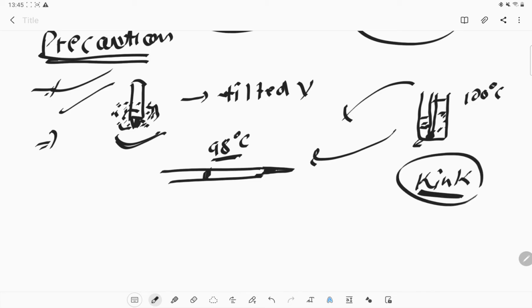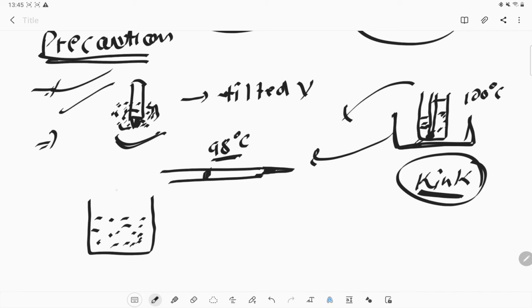Okay, and because of the lack of a kink, we need to measure the temperature while we have put the thermometer into that beaker. So if you need to find out the temperature of this material, you should keep that thermometer inside it, and only there you need to measure the exact temperature. If you take the thermometer out and then measure it, it will show you a different reading.